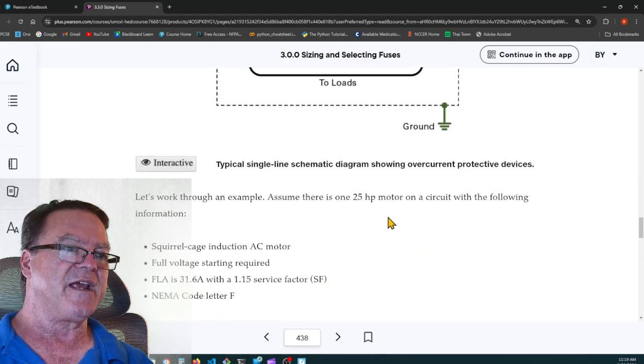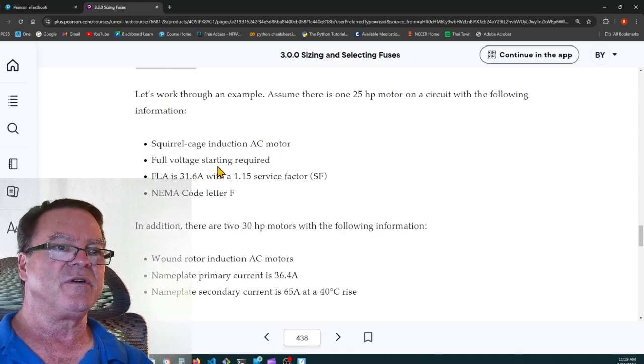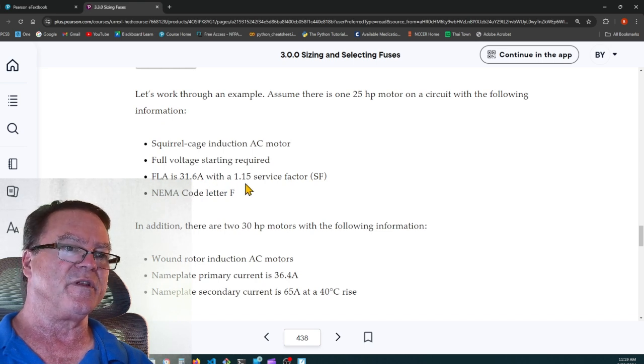Let's work through an example. Assume there's one 25 horsepower motor on a circuit with the following information. It's a squirrel cage induction AC motor, full voltage starting required. Full load amp is 31.6 amps with a 1.15 service factor, NEMA code letter F. In addition, there are two 30 horsepower motors